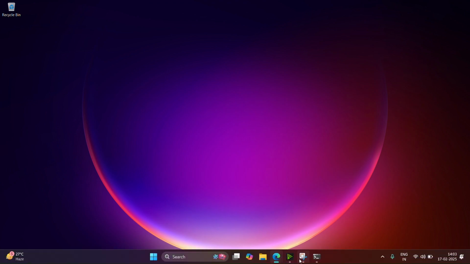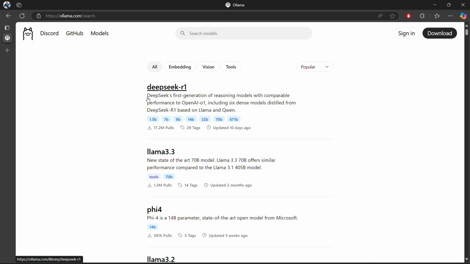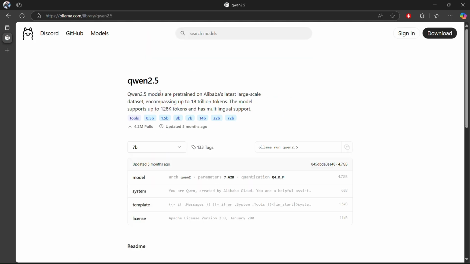We'll go back to the Ollama website and see what the available models are. If you go to the Models tab on the Ollama website, you can see plenty of models out there. You can choose any one of them as per your hardware so that you won't get any trouble running these models on your local machine. Let's try to pull this Qwen 2.5 from the Ollama models. I'll be using the 1.5 billion model, and the command to pull this model will be ollama pull, then the model name. I'll copy the model name and go to the terminal again,